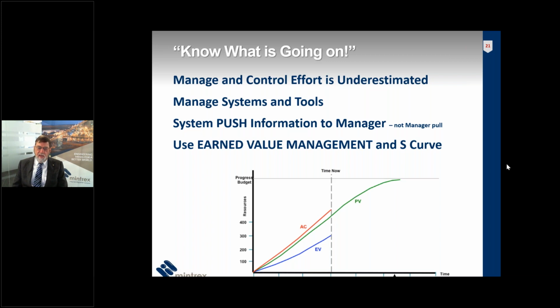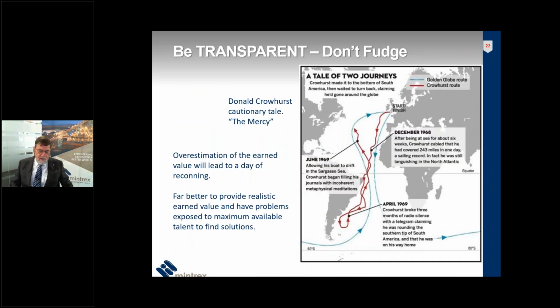There's 1,000 variations that have to be dealt with because the sequence doesn't end up being exactly the same as the sequence that the plan had. So you have an element of subjective assessment in the earned value,